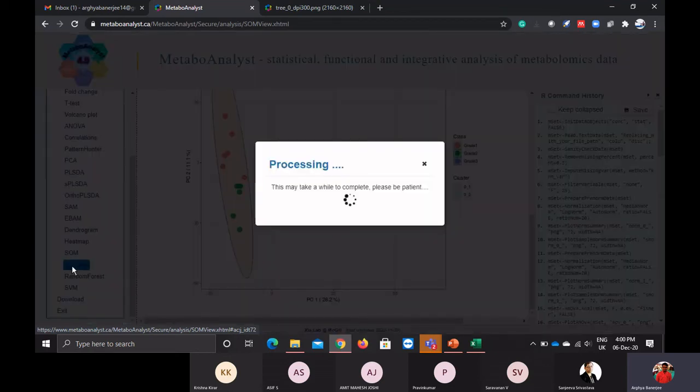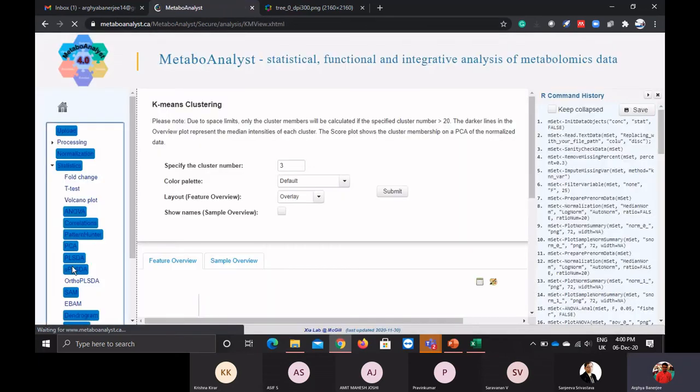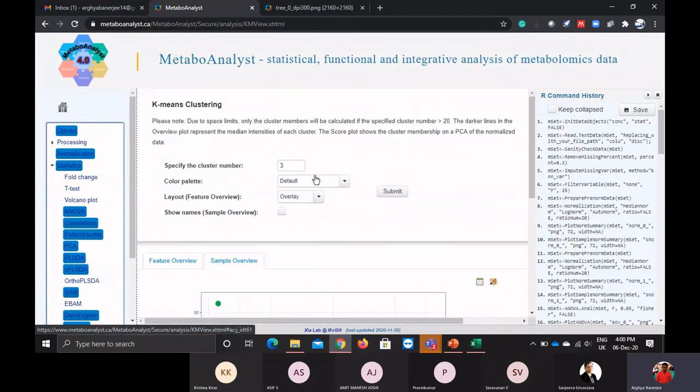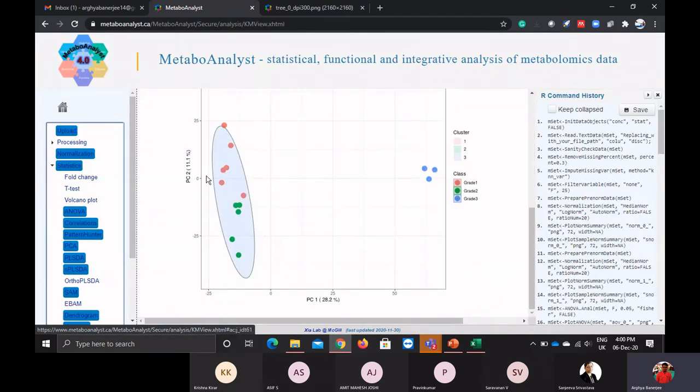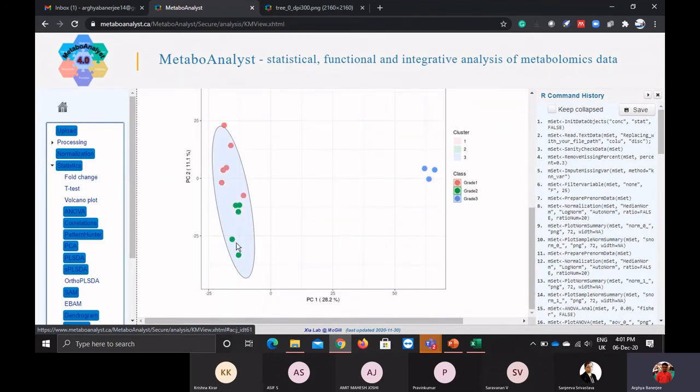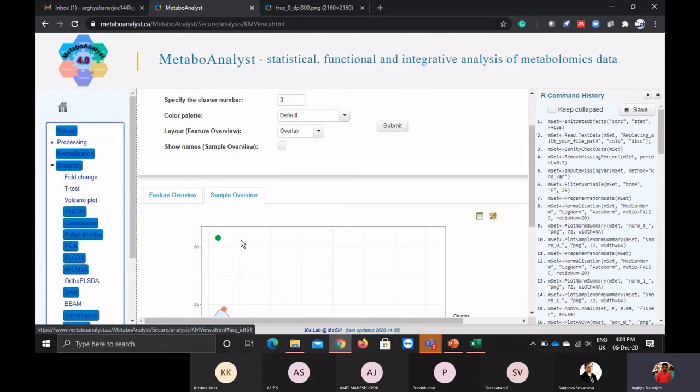You can perform k-means clustering here also to look at the data as you want to show. Sample overview. See if I can increase my clusters to 3. Acha, it has taken these clusters only. So this is my k-means clustering, which is taking an arbitrary 3 clusters.